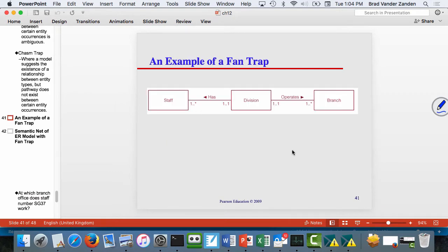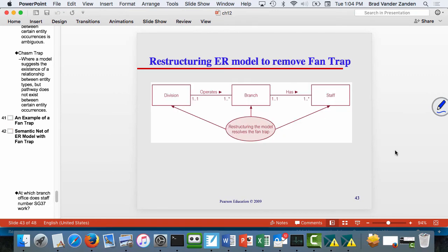So here's an example of a fan trap. And the issue is that you think, so you have a division has staff and a division operates branches. And you think you should be able to write a query that finds out which branch a staff member belongs to. So that seems like a reasonable query to write. Okay? But if we actually try to do it,